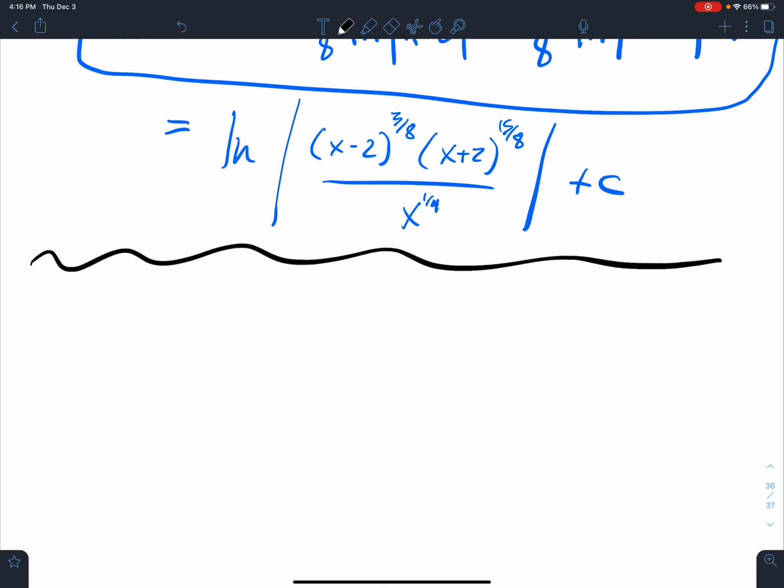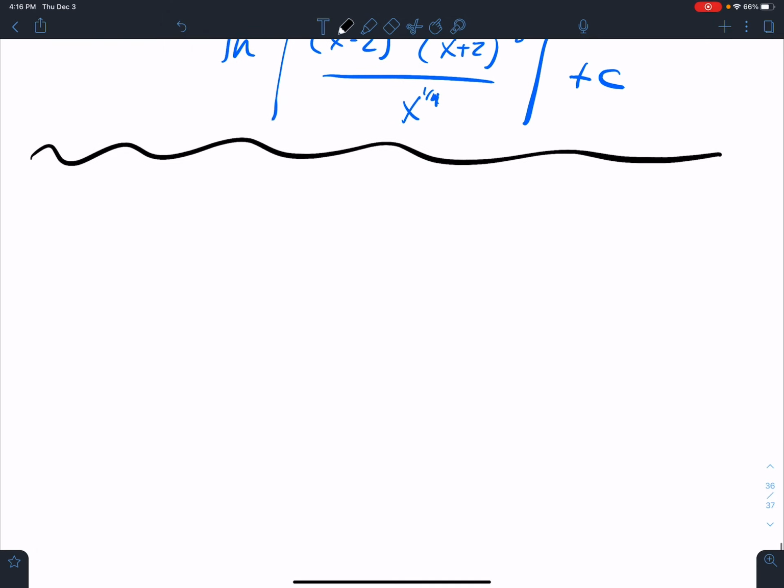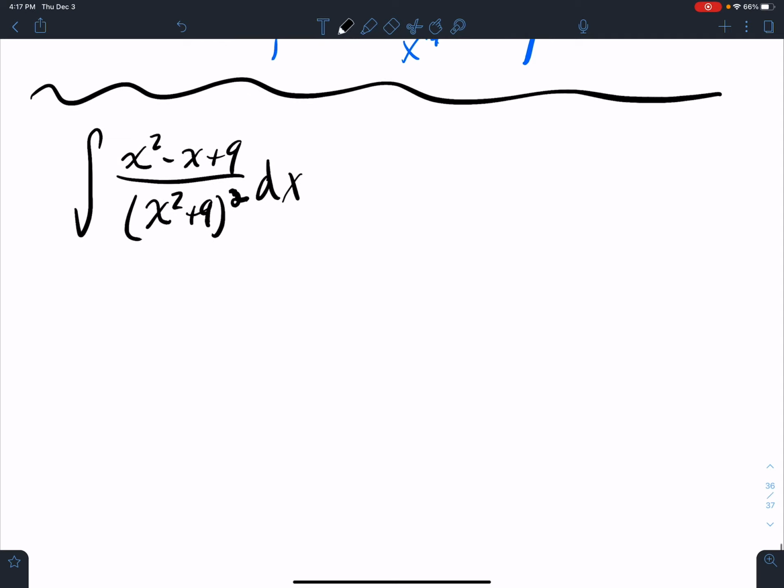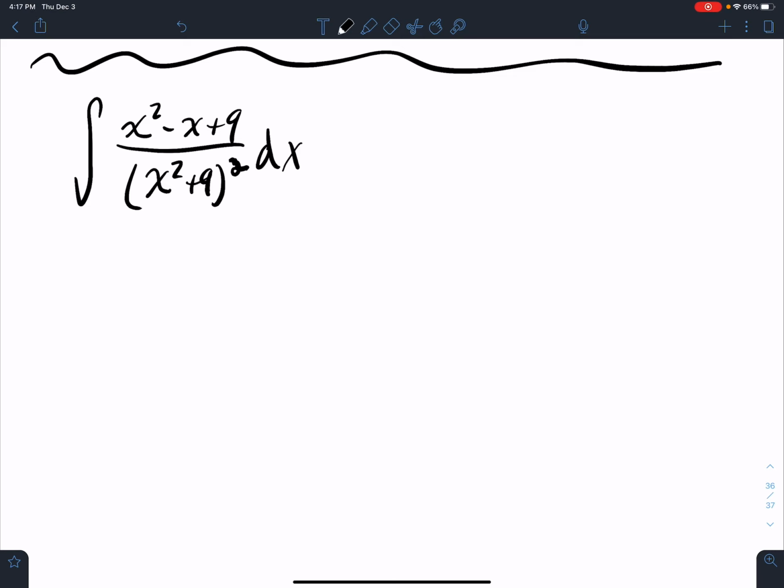We'll do one more for this video. The integral of x squared minus x plus 9 over x squared plus 9 quantity squared. I threw this one in because I wanted you to see an irreducible and what to do with an irreducible. Okay. So what do I mean by that? Well,